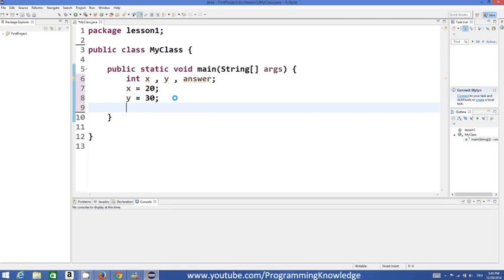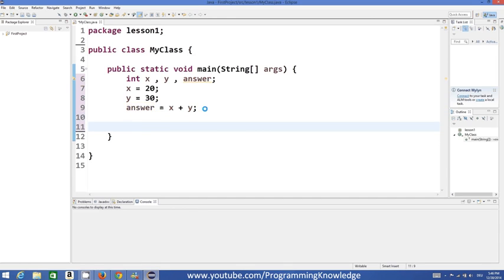So for example, I want to add these two values. I can add these two values and store the result in the third variable, which is also an integer, like this. So x plus y, it's the same as we do in simple mathematics, right? This plus symbol adds two values. It's really simple, right? So now whenever we do x plus y and we assign this value to the answer variable, this will contain your answer of x plus y, right?